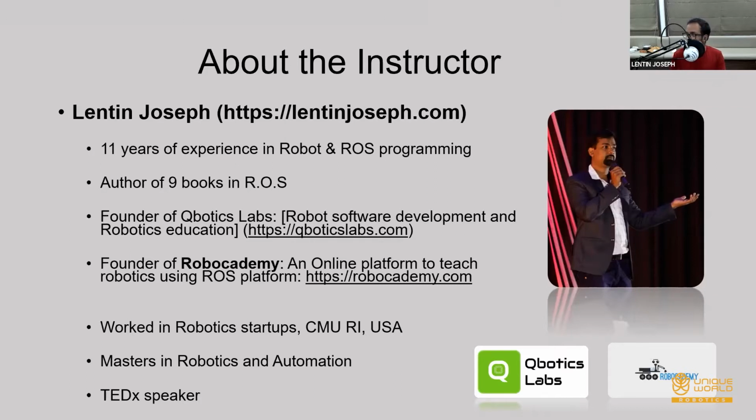So I started learning, and from 2011 I was creating tutorials, making YouTube videos, and writing blogs. Then in 2014, I started my own company, and from 2014 I started writing books on ROS as well. I temporarily stopped blogging and started writing books. So far, I have been able to write 9 books. You can find them on the web, everything is on Amazon. I also maintain a small online platform, a blog called Robo Academy.